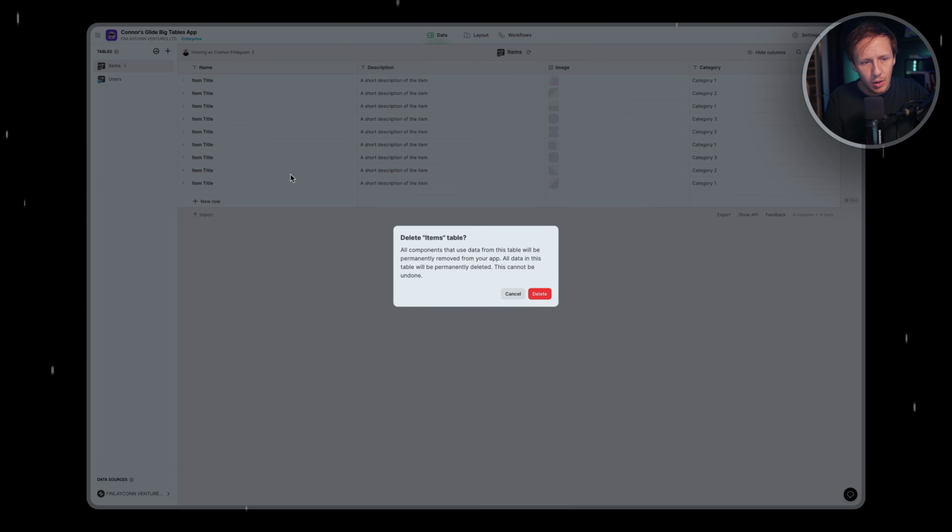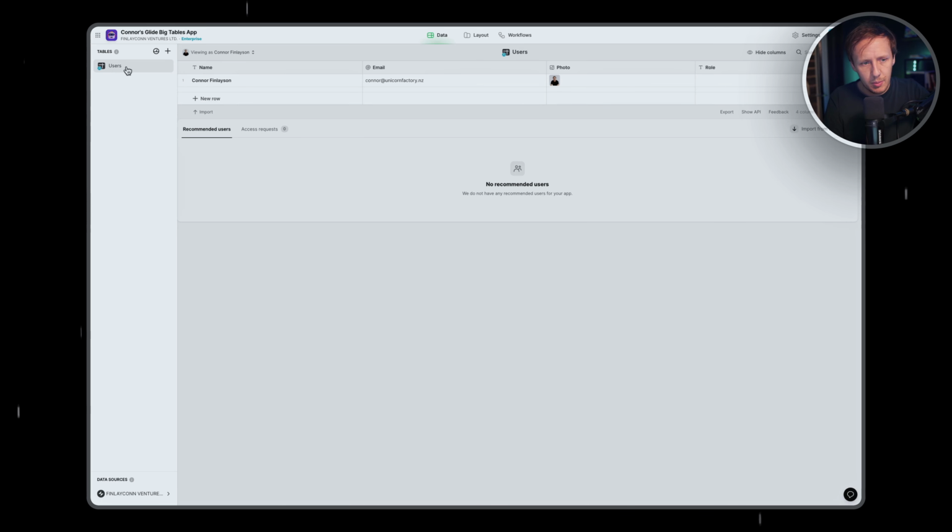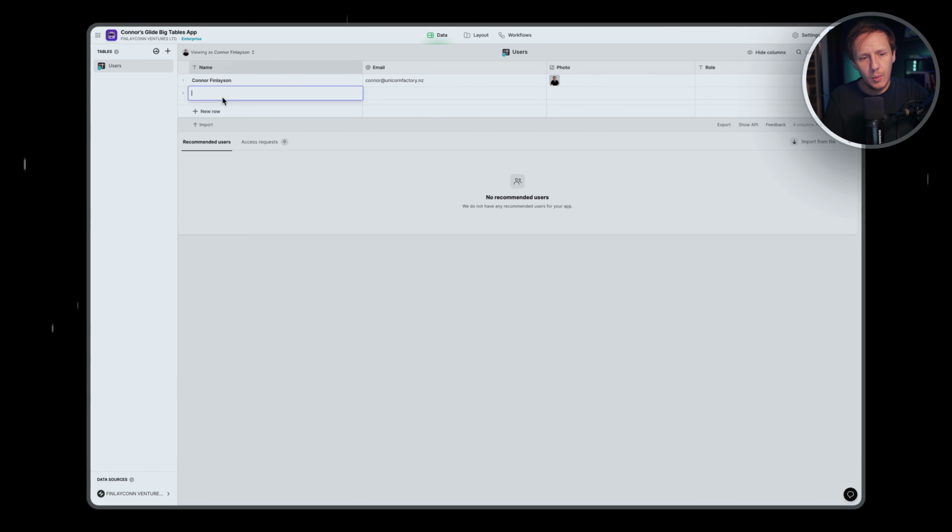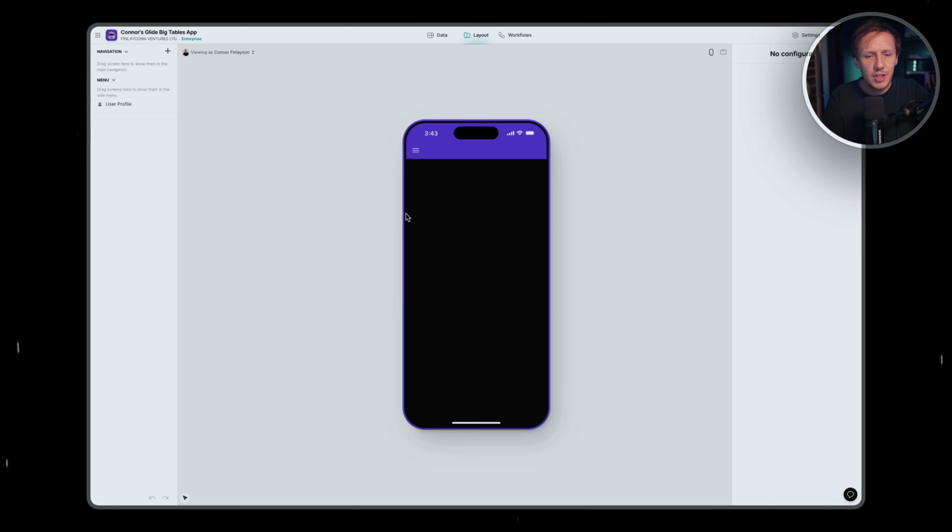But one table that we don't want to delete is our users table. The users table is going to reflect the people who have access to our app. So in here, what we can do is add someone, let's say Sam Jones. And as soon as we have someone's email address in here, we've actually added a new user,